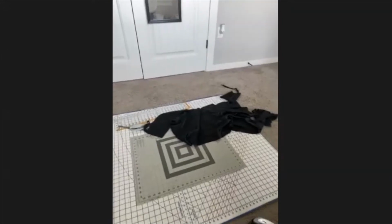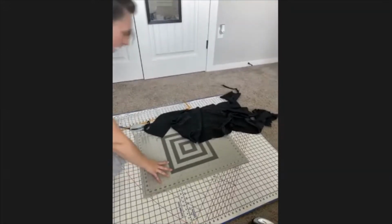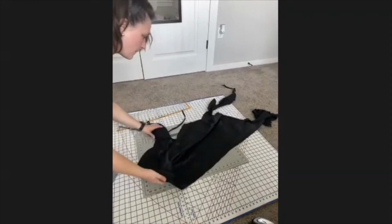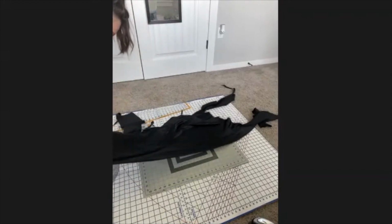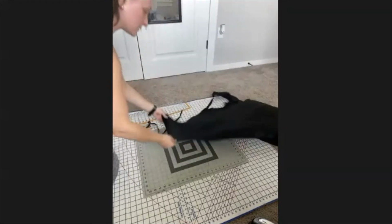I have my cutting board out here. I also have my rotary mat. You obviously don't have to have a rotary mat, but for how much I tend to cut, I like to have one on hand because it's just easier for me. So the very first piece we're going to cut